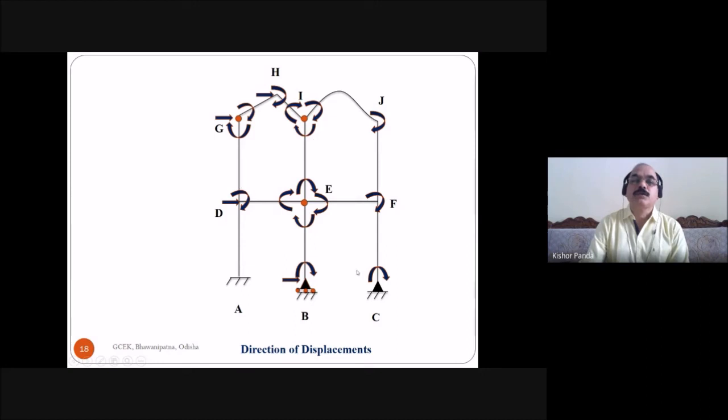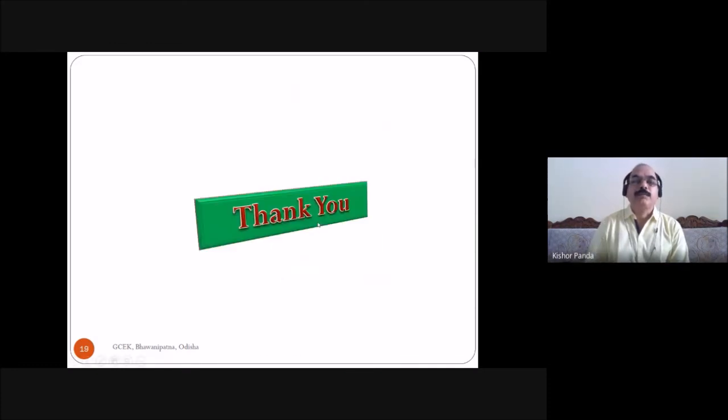To solve this question, you need 19 additional equations, then you can convert it to a kinematically determinate structure. So you need 19 additional equations. You are clear now how to find out the degree of kinematic indeterminacy of different frames, without internal hinges, and also when there are internal hinges in the members of a structure.